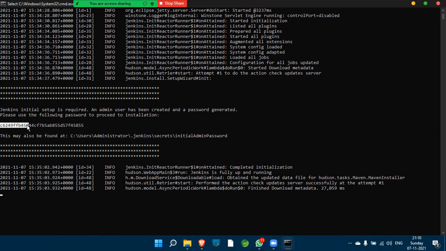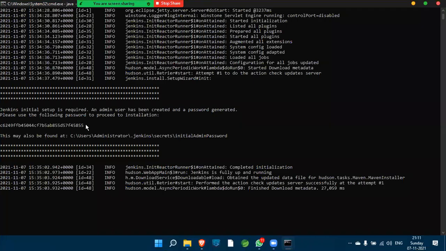By default, a big password is generated the first time. Copy this password, everyone. Copy this password here.